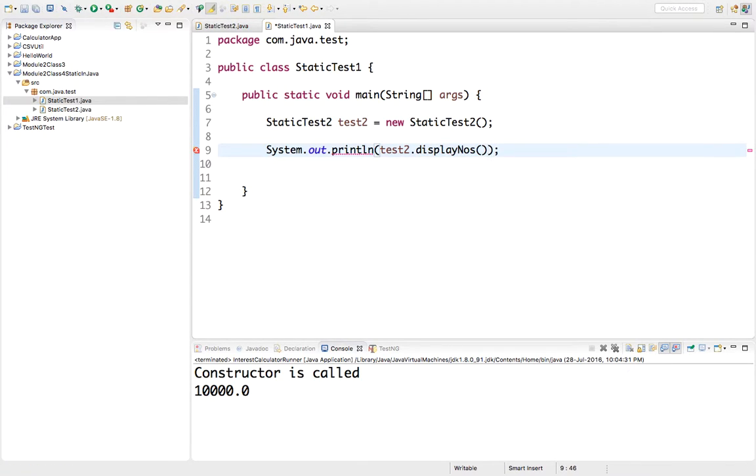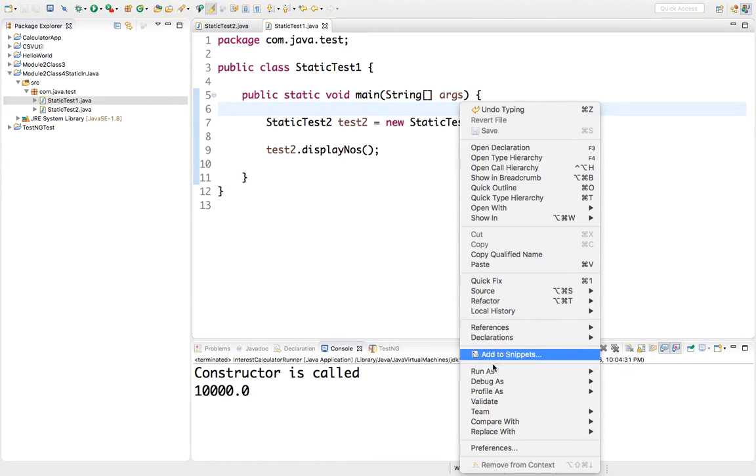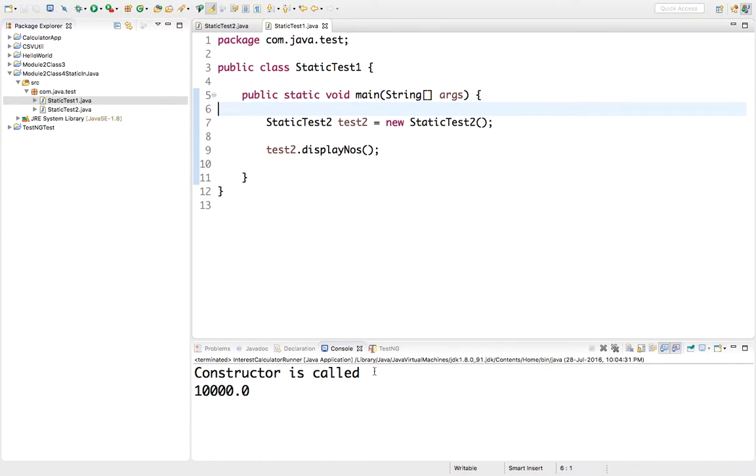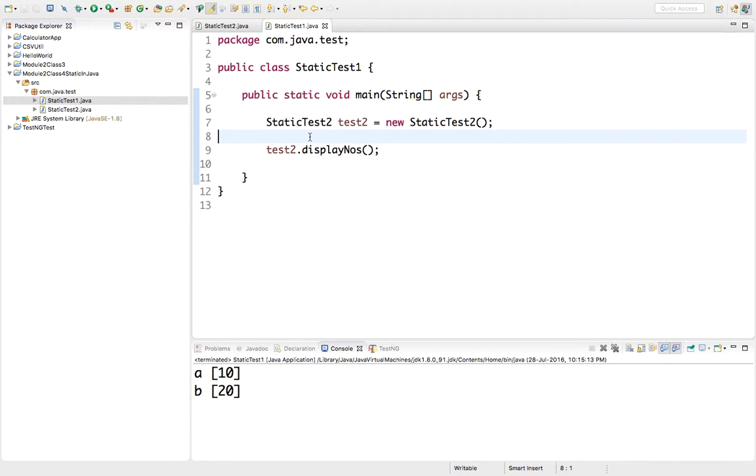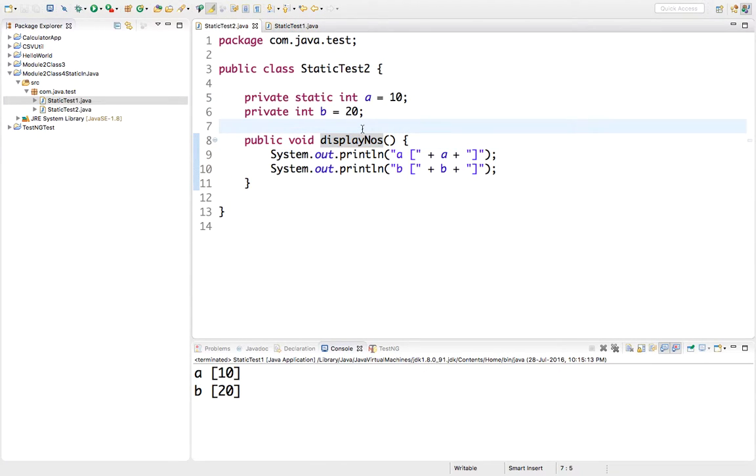I don't need to use println because it already has those printlns inside. Let's run this. You can see a is 10 and b is 20, so it is printing the value of a and b for you.